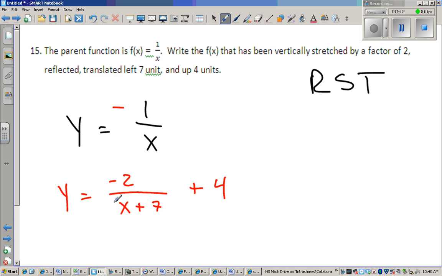So extend that a little bit, and that should accomplish my goal. You can always check it on a calculator. You will have a calculator to make sure that you have accomplished